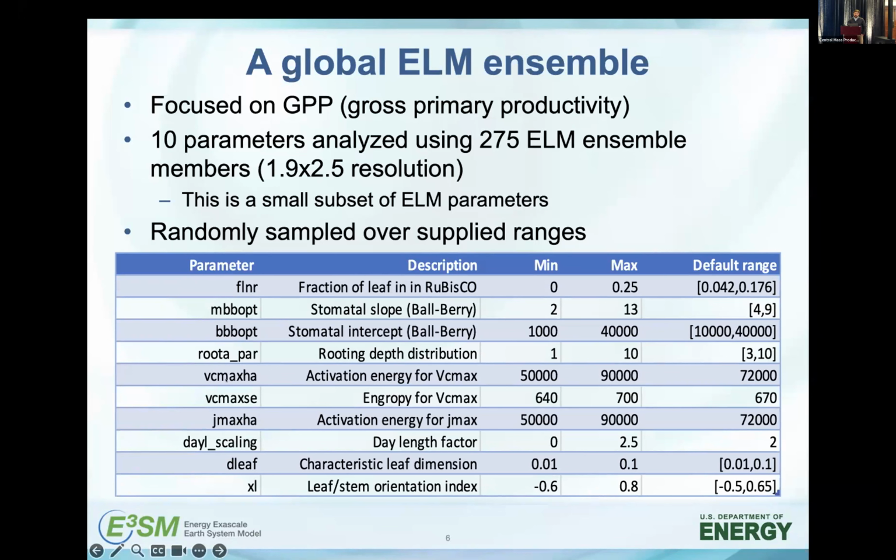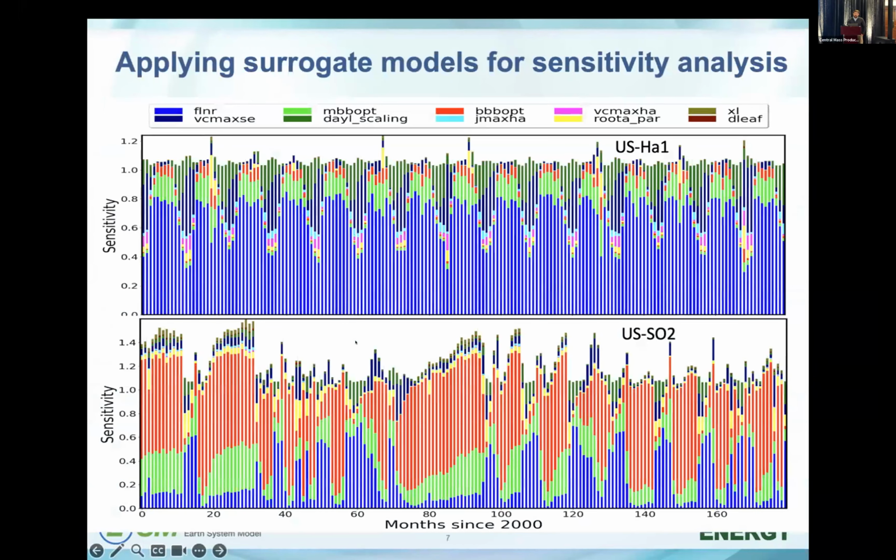Temperature sensitivity parameters, and a few others. So we've defined minimum and maximum bounds for each parameter based on literature, or in some cases, just expert knowledge or guessing. And we randomly sampled over all of those supplied ranges. And so what we can do then, once we have a surrogate model that's constructed based on that ensemble, we